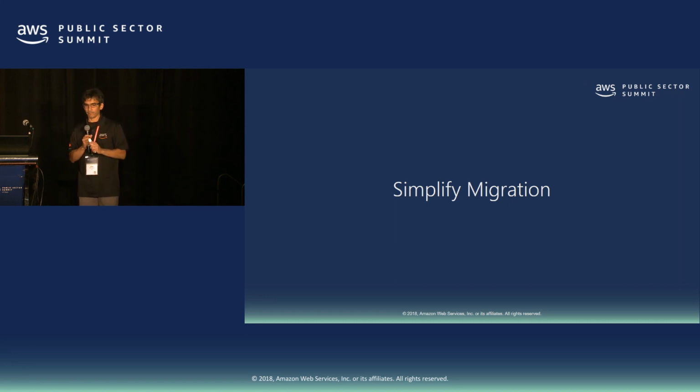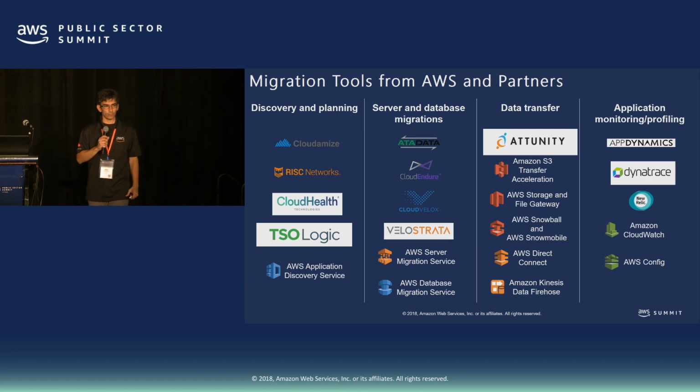Simplifying migration. How can I migrate my servers to AWS? So whenever you talk about migration, we talk about three aspects, right? People, process, and technology. So that's an old thing that we all know about. But when I talk technology here, these are the phases that typically we have. So the discovery phase. We have partners that have developed some tools already for you to migrate. You can notice at the end, we have AWS Application Discovery Service. This is one of the services that we offer you, that you can do an inventory of your applications. And then you can decide what makes sense for you to migrate first, and check all your dependencies.